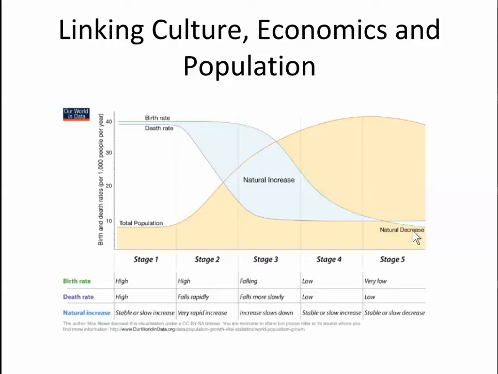Now, what we see in Europe is that, again, we're even into that point of negative growth, in other words, not only not having a lot of children, but having only one child or no children, as women fully integrate into the labor pool. Tertiary economies make it advantageous to stay in the labor pool a long time, and that's really stage 5. So changes in culture, changes in technology, changes in economics have transformed population over time.